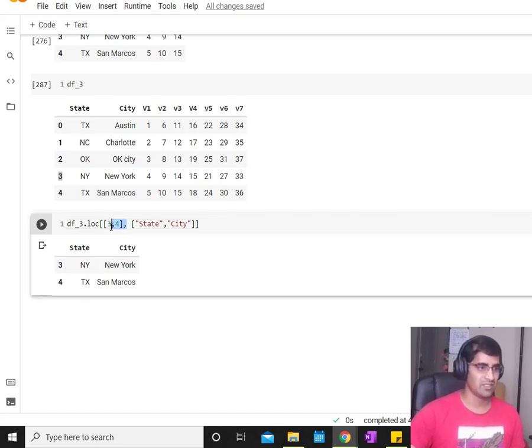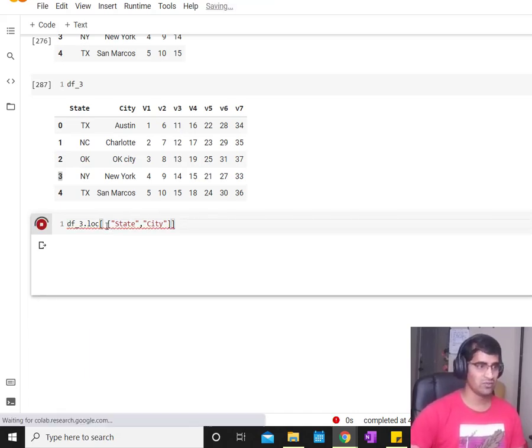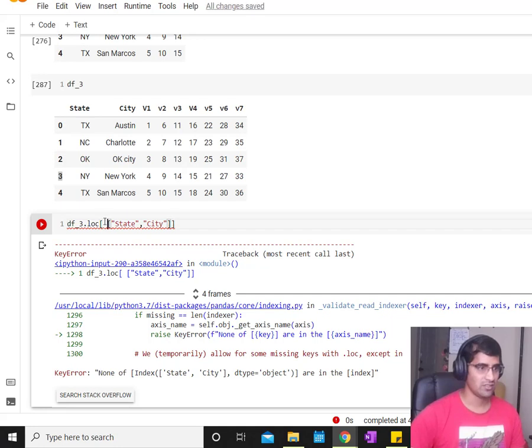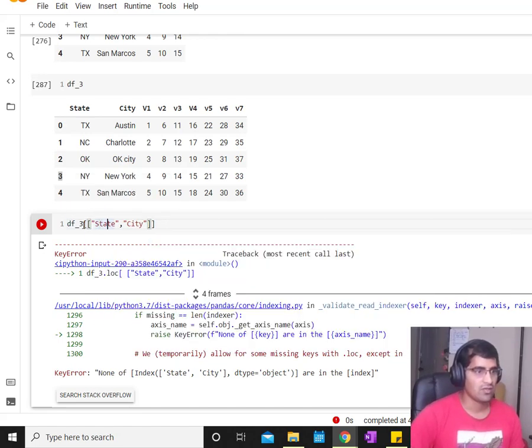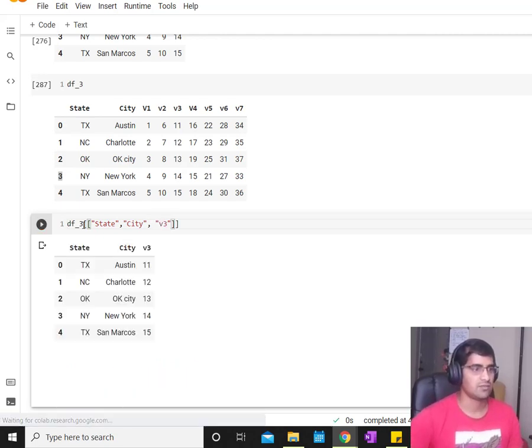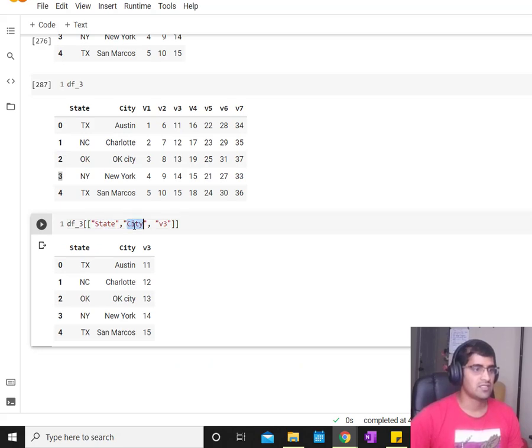However, if you would like to take only particular column values and create another data frame, then what you can do is just type the data frame name, and then inside that third bracket type whatever columns you are interested in, V3. So for example, I'm interested in state, city and V3 columns, all of them.